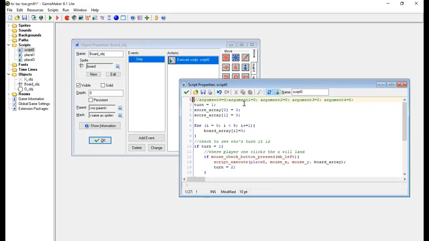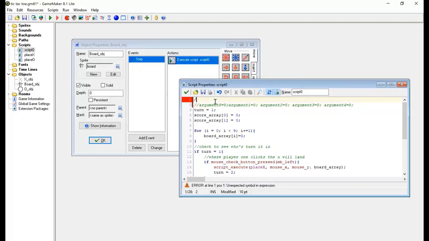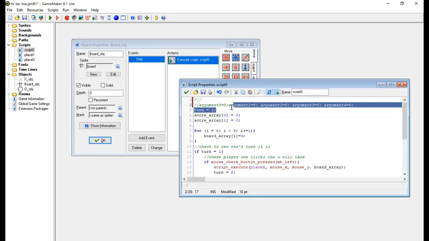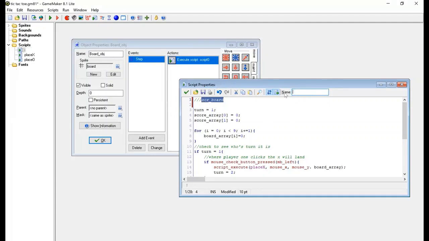Another option would be just to set up the name of the script using the proper way. So I'll get rid of handling these 5 arguments, these 5 parameters, and instead I'm going to name the script something. I could call it script board and put the name up here as well. I can say that there's no arguments like this,